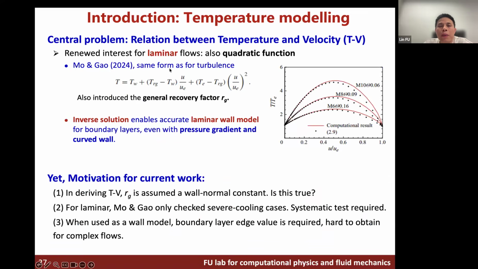Why does it work? And people also found that this quadratic relationship somehow also works for the laminar boundary layer, if you choose a proper recovery factor, which is also surprising to me. Then with my student, we tried to find a motivation for our work. We want to understand why this quadratic relationship will work for different flows. What's the assumption? When will the assumption be valid and invalid, and if the relationship works, why does it work?